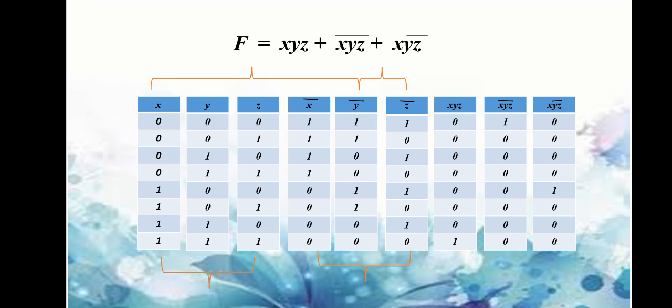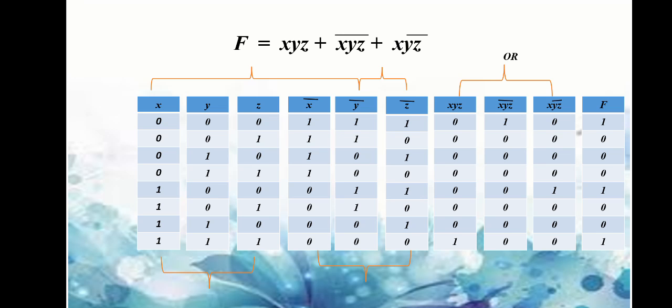After x, y NOT, z NOT, we have applied AND gate on these three expressions. Now after applying AND gate on these three expressions, you can see that in between them there is a sign of plus. For the sign of plus, we know that it means we have to take OR. It means we have to take OR of these three AND gates. So in the last column we will take OR, and OR means that if all the inputs are 0, then it will give you 0, otherwise it will give you output 1.